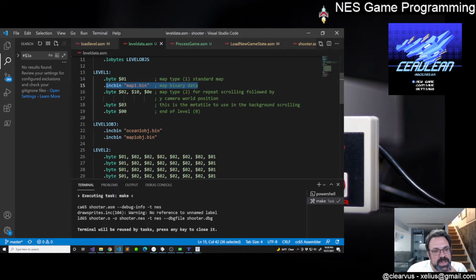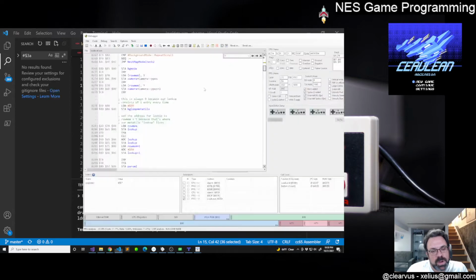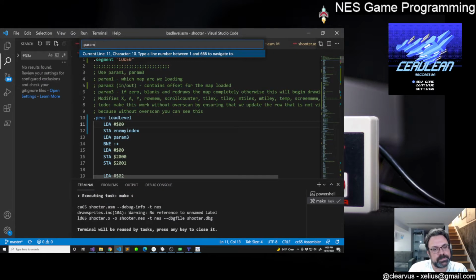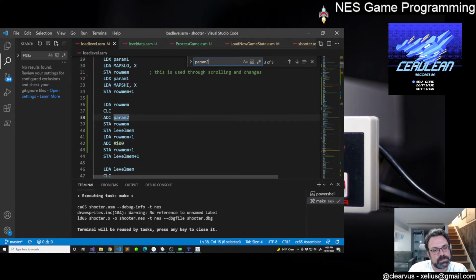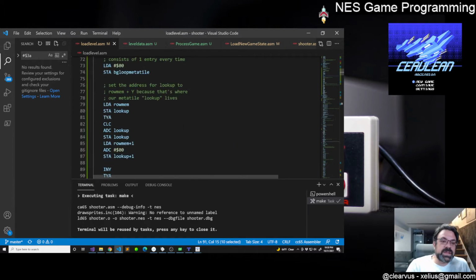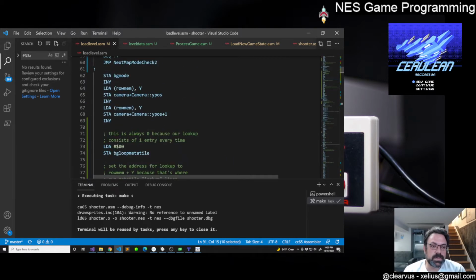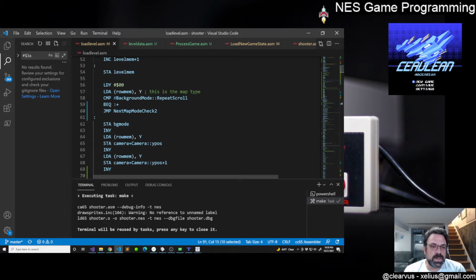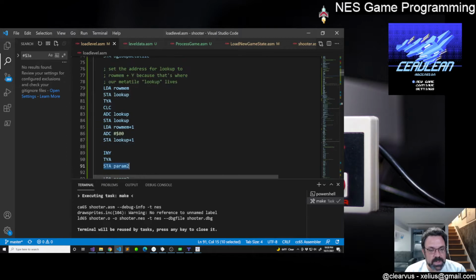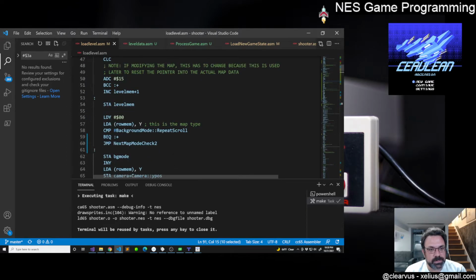One byte isn't going to cut it. Where are we storing... Store a param2. I mean, it works for the repeat scroll mode because there's not a lot of data, but for a real map,